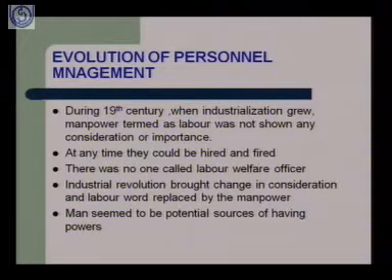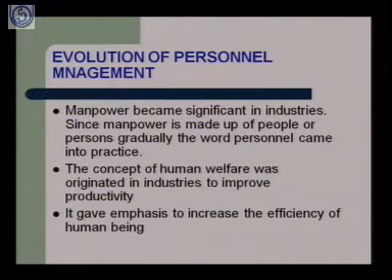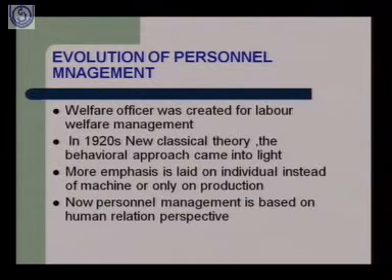Then manpower becomes significant to industry, since manpower is made up of people or persons. Gradually the word personnel came into action, so you should be clear with the word meaning of personnel. Then it gave emphasis to increasing the efficiency of human beings. Then the welfare officer was created in labor welfare management, and in 1920s